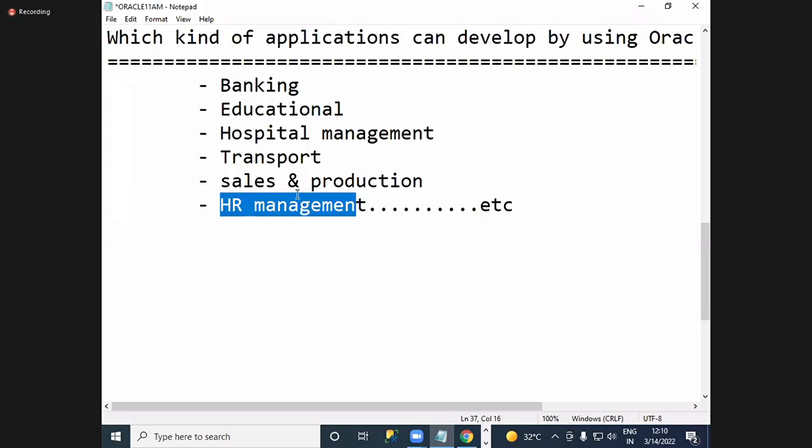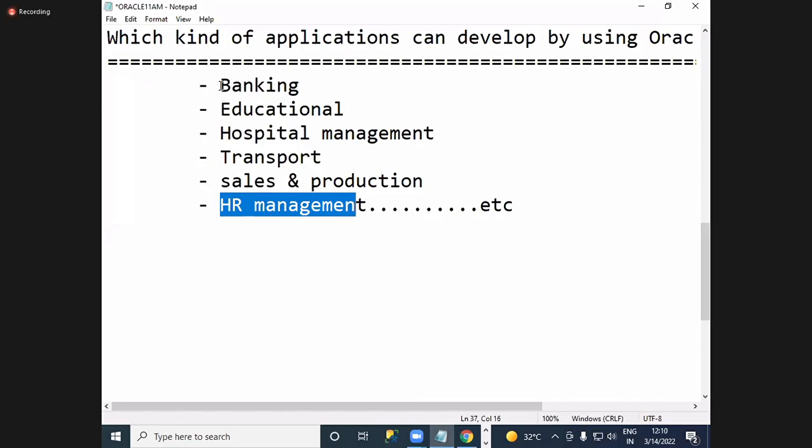So HR management related information is how many employees are working in a company, the employees' details, department details, salary details, allowances, deductions, HRA, DA, PF. All kinds of information can be managed by HR management people in a particular company.